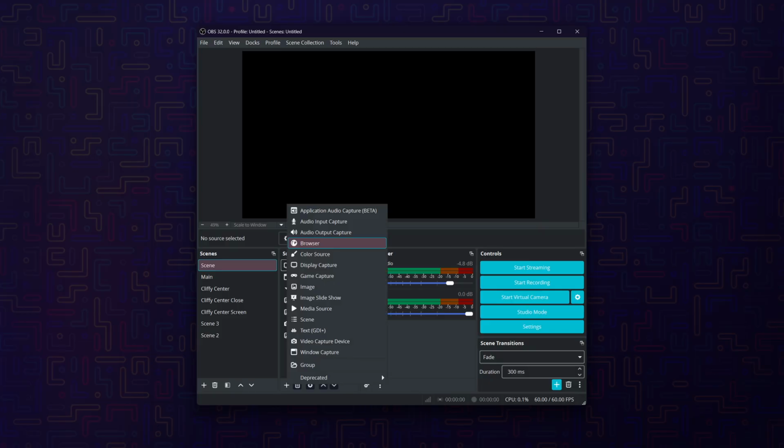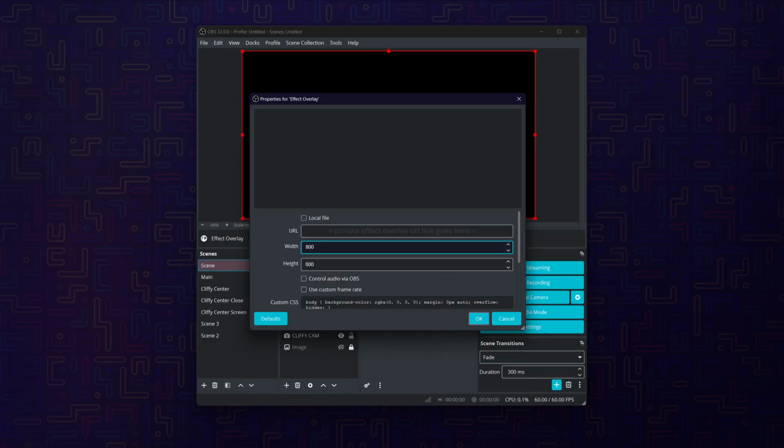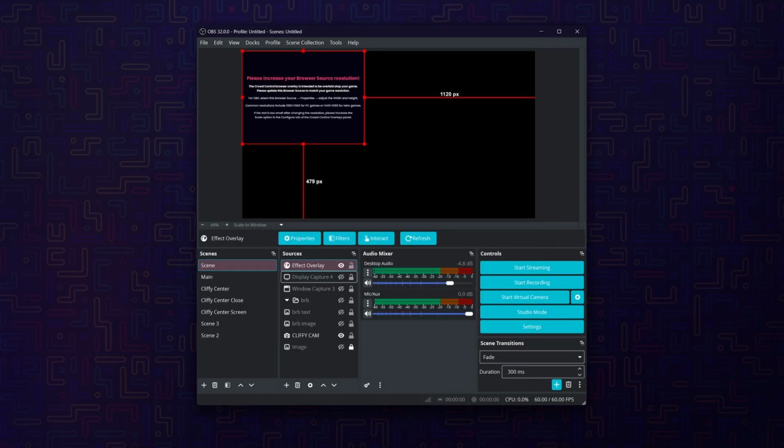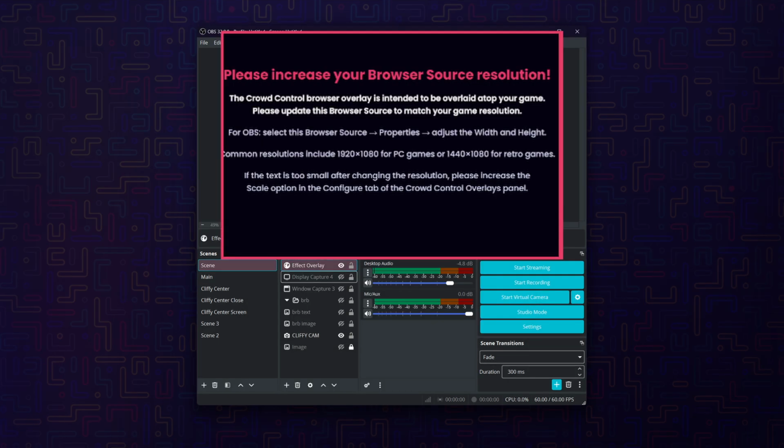button and hit Browser Source. And then where it says URL, you're going to want to put your private effect overlay link that we copied earlier. You can also click and drag the link from the Crowd Control app, and it'll create a browser source this way as well. You'll notice when you create your source, there's a pop-up that says, please increase your browser source